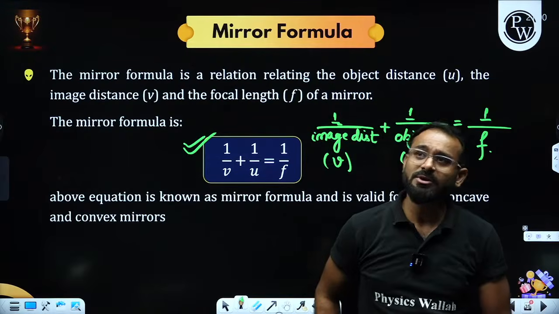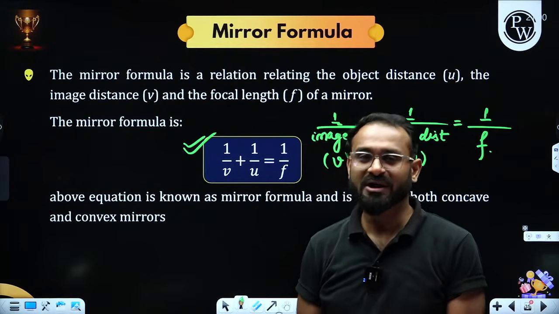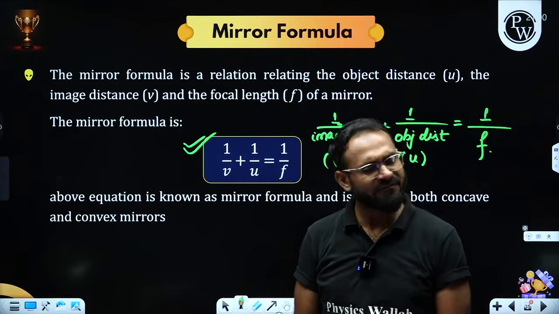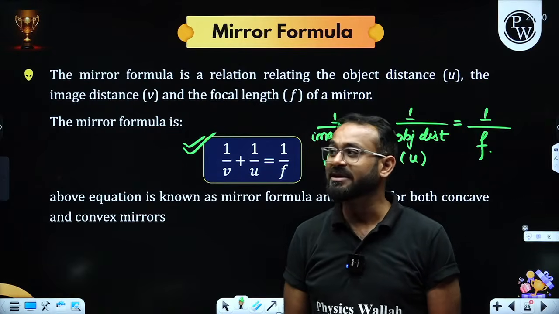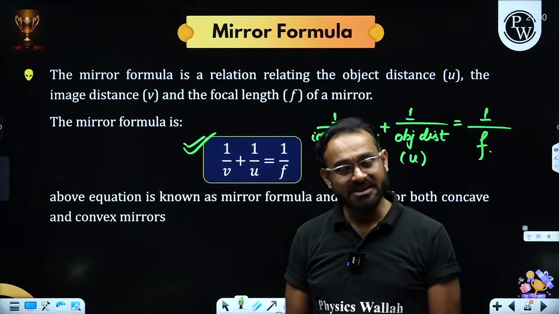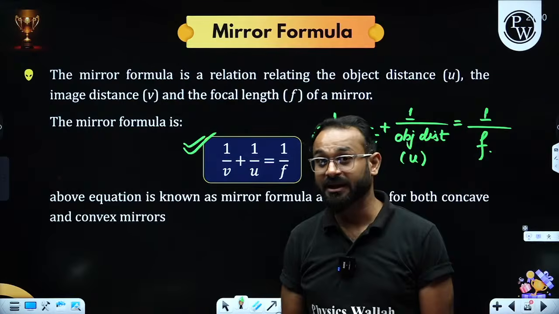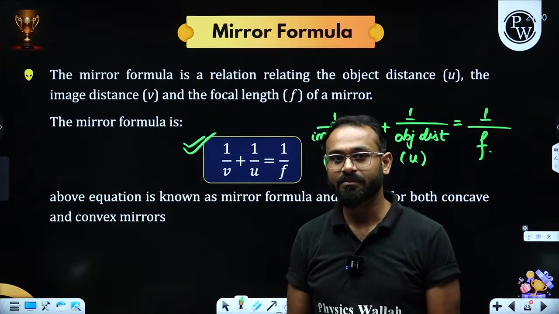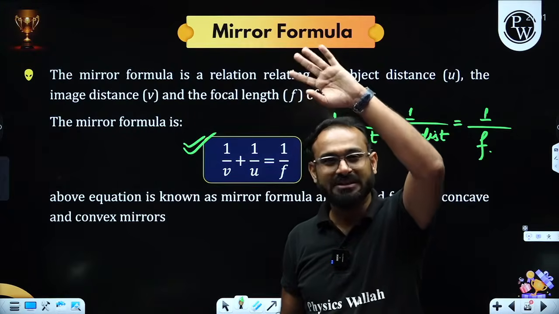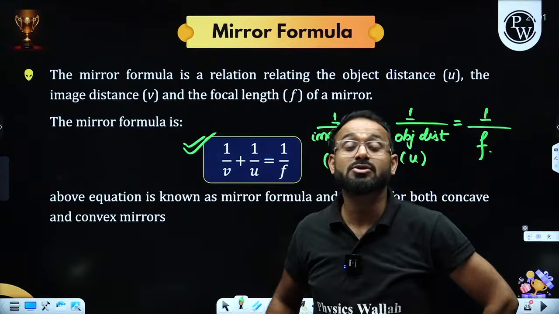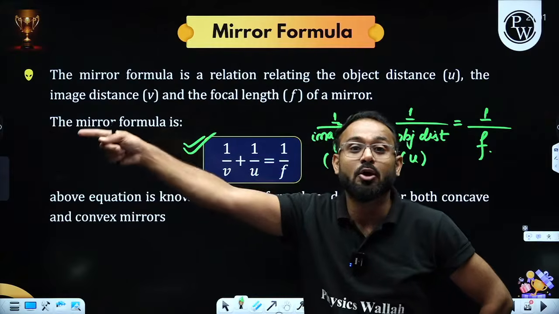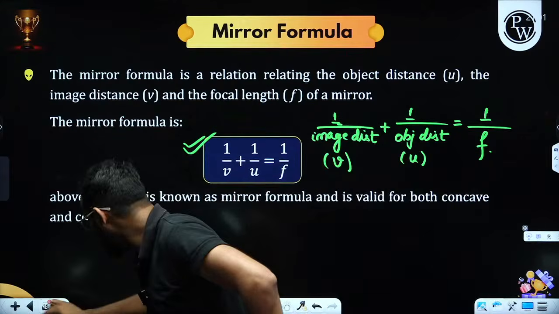Sir, how is this going to be useful to find the value? See, what you have to do is put the values, but we need to consider the sign convention. If you use it, life would be quite easy. Yes, an object will always be considered as negative. Even in class 11 and class 12, we always consider that, because all the formulas that have been derived were considered in that manner, that you are placing the object on the left hand side. Fine, sir, we have got this.